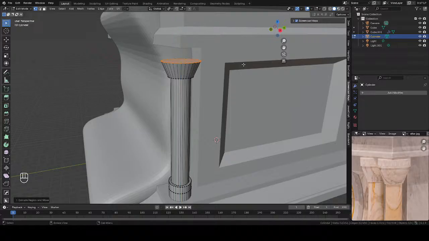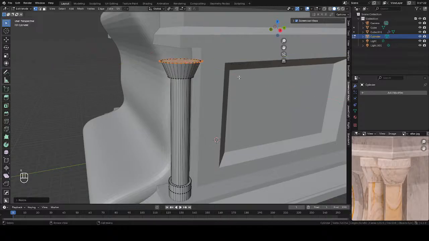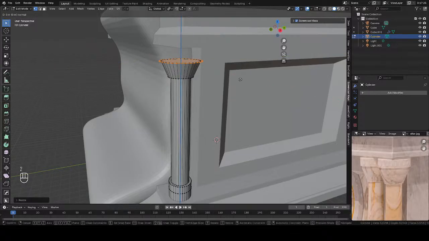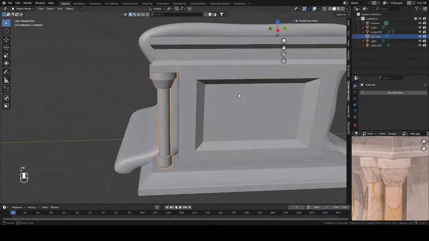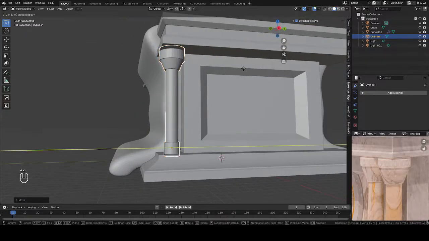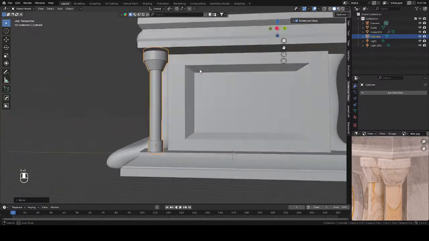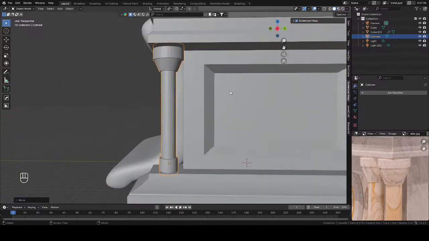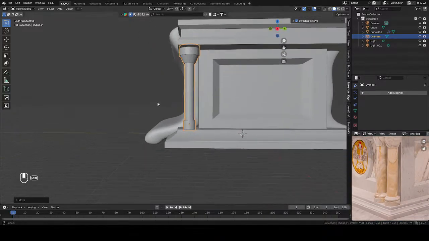What we're going to do is S shift Z again, and then hit E to extrude one more time. Then we're just going to make this a bit closer here, and then maybe move it out a little bit. Okay, so now there's a couple places we have to add some more detail, which is this part down here